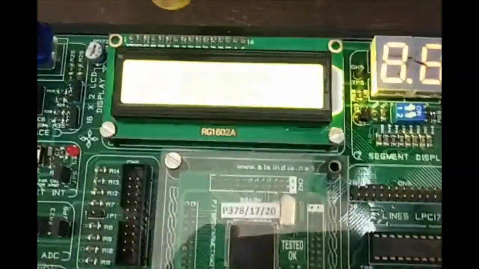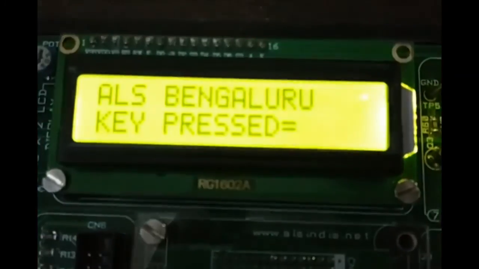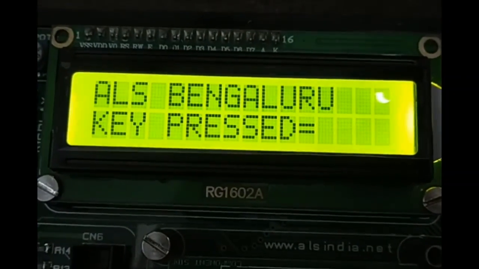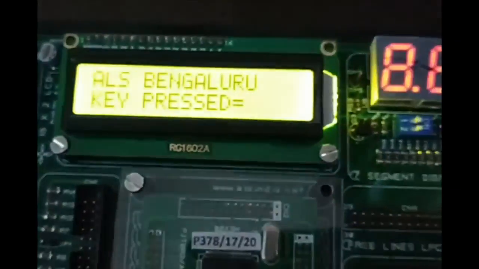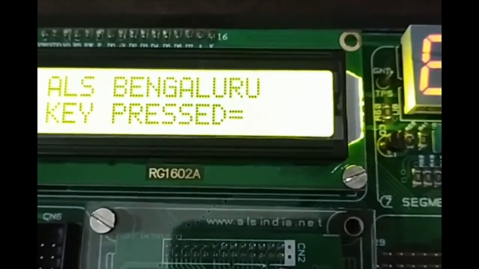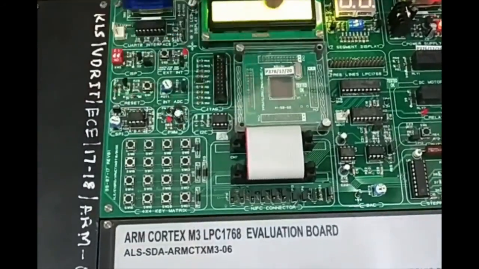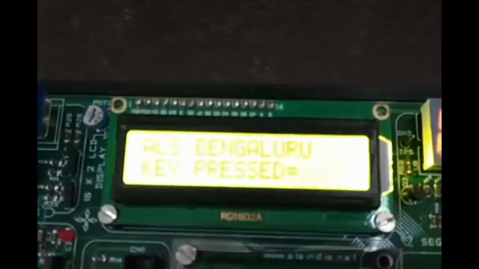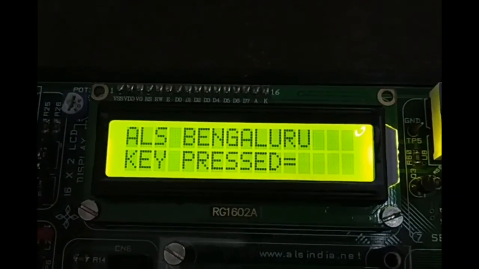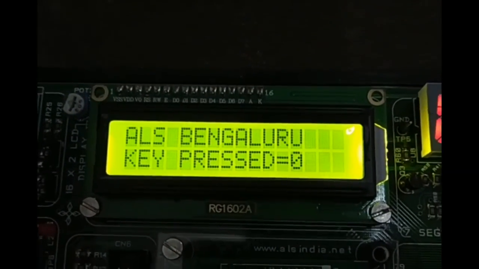Once it is uploaded successfully, first you will get this message on the LCD. Our provider is ALS Bengaluru, so we have the default name like that. Now if you press any key, that respective key will be displayed on the LCD. If I press 0 here, you can see that 0 is being displayed.